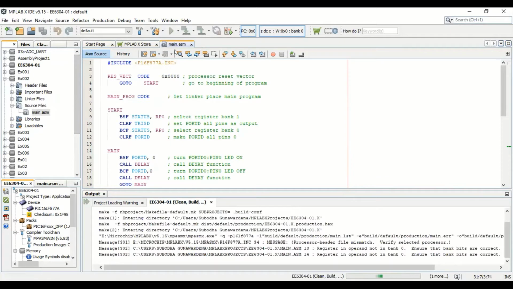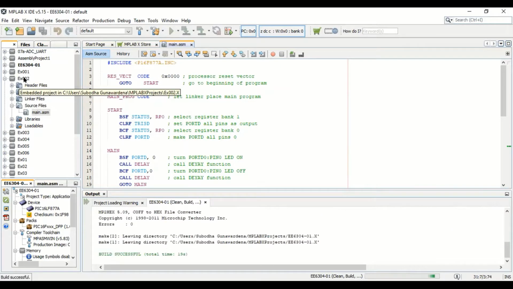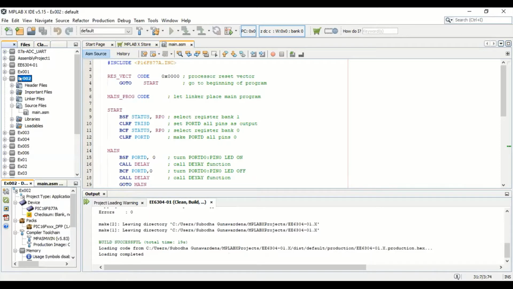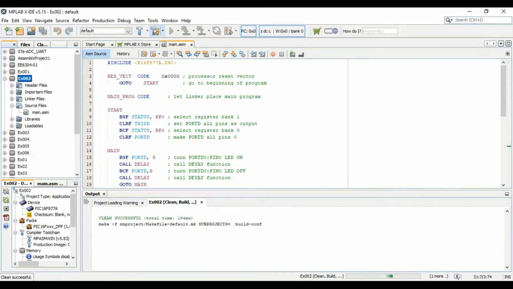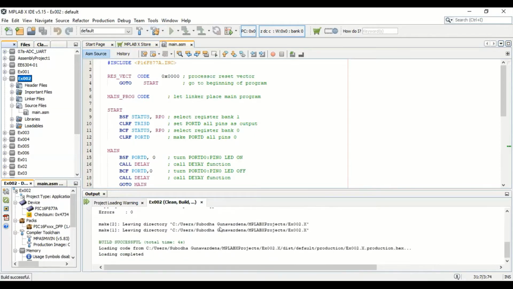I'm not building that particular program, so I have to set this project as the main project. So set as main project. Now I'm gonna build it. So build successful.